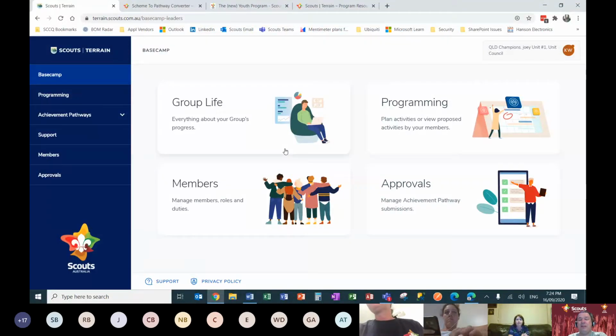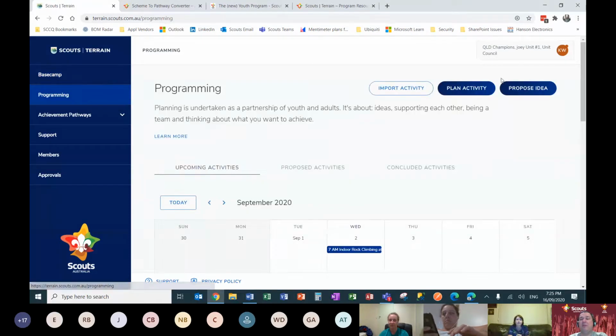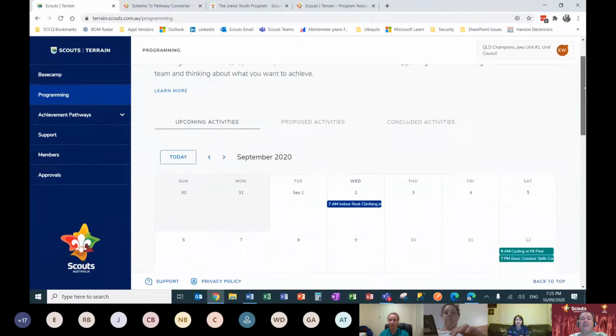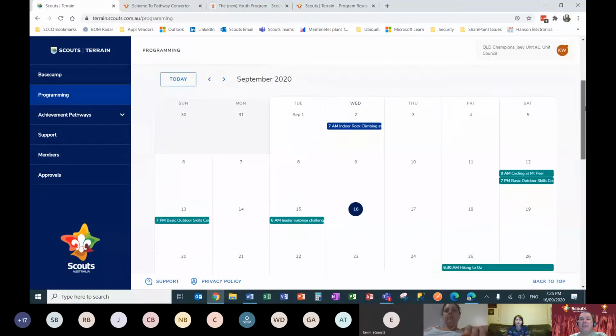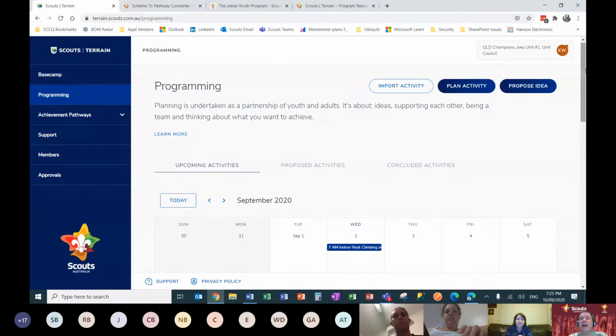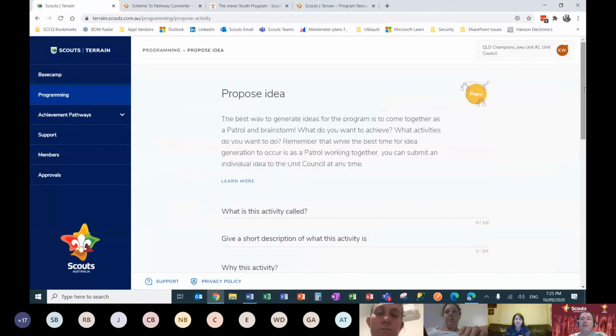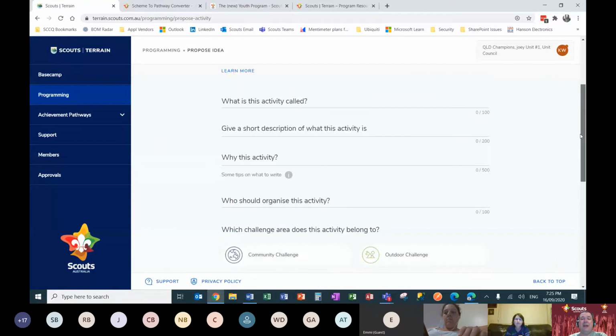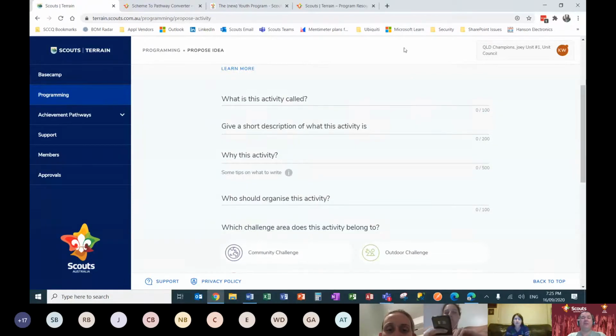Let's start. I'll just run through a few of the functions that we've got. Obviously, we've got programming. Programming allows us to plan activities and share activities on a calendar. Any person in your unit can actually propose an idea. The proposed idea is just as simple as, here's something I think group council should do. We should go downhill skiing